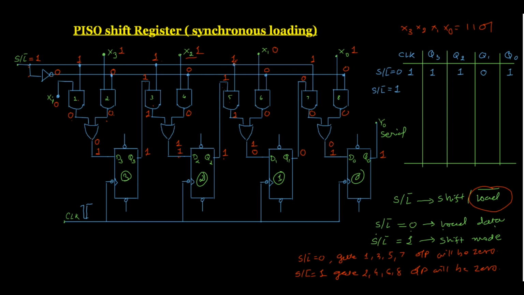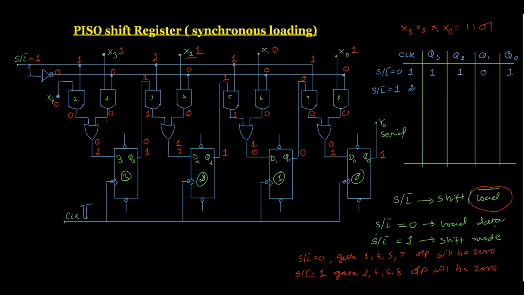So now what will happen? When we have connected the SL bar line to a high level, then this is the situation. When we apply the clock pulse, that is my second clock pulse, or the second negative edge of the clock pulse, what will happen? Whatever the input of the data is, this input to flip-flop number 3 is 0. Now it is going to be transferred to this output and make it 0.